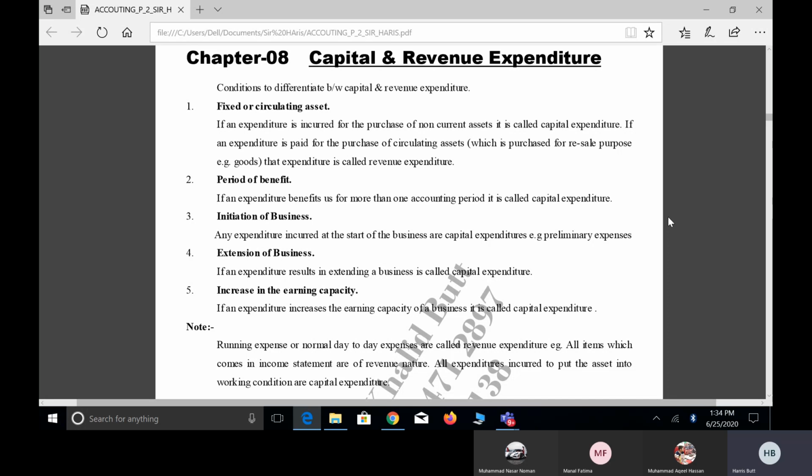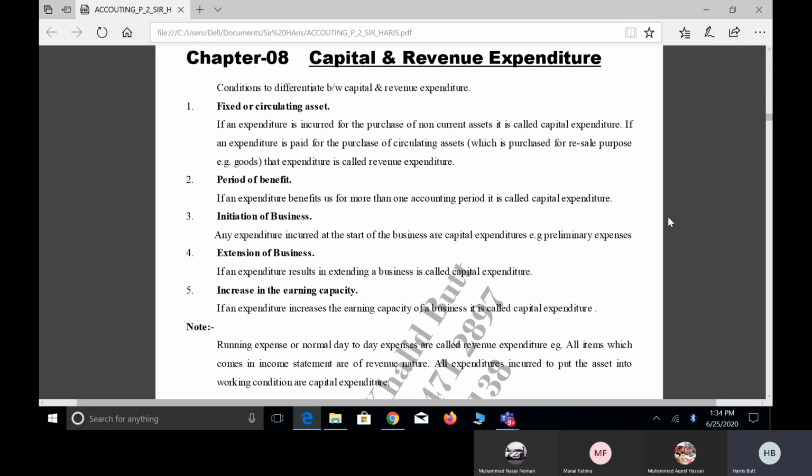Complete renovation of cinema hall. Cinema hall की complete renovation कर दी. It will increase the earning capacity of the business. पहले टाउन का सिनेमा हॉल लोग जाना ज़्यादा पसंद करते हैं क्योंकि उसकी कैपेसिटी, उसका सीटिंग अरेंजमेंट, सोफा सीट वगैरह बहुत अच्छी है, तो उसकी अर्निंग कैपेसिटी ज़्यादा है, इसी वजह से टिकट भी महंगी है. So if business is going to extend, it will increase the earning capacity of the business and that will be